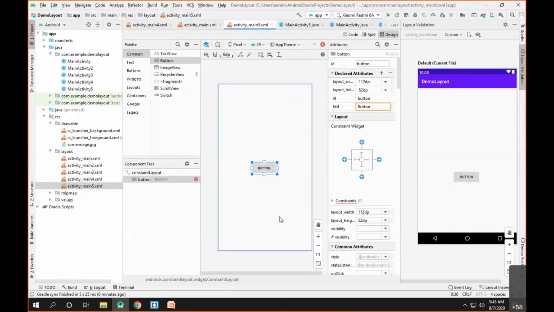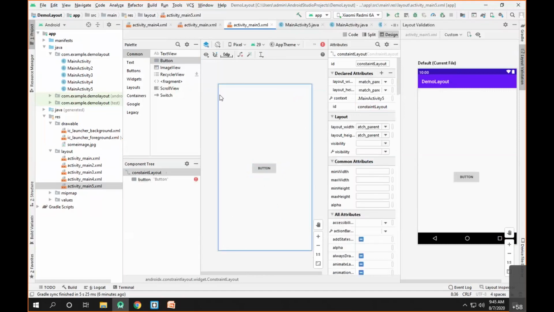So the thing is, every view inside the constraint layout will have 8 anchor points, out of which 4 across the sides are called the side handles, and 4 across the corners are called the resize handles. Along with that, we have 4 edges for every view. There is the top, bottom, left, and the right.